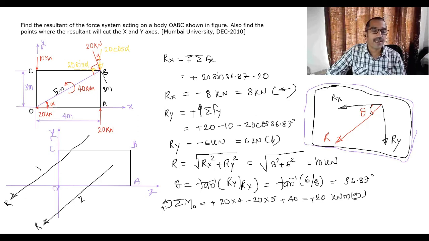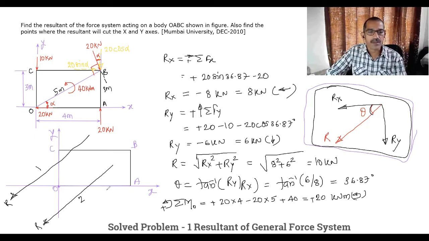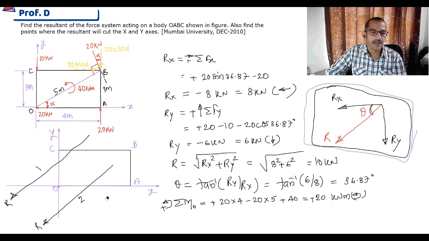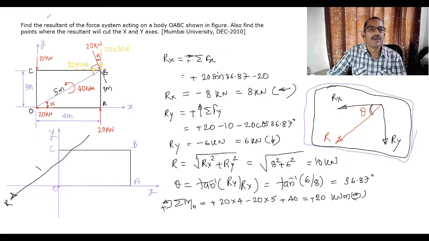Direction of sum of moment is anti-clockwise. Moment of resultant must be anti-clockwise. In a general force system, in most cases there are two possibilities for the location of the resultant. Which one is correct? How will you decide? Simple. Just note down this one sentence: direction of sum of moment and direction of moment of resultant must be the same. Confirm, right? While representing that resultant, you check which position to select, so that the direction of moment of resultant is the same as the direction of sum of moment.